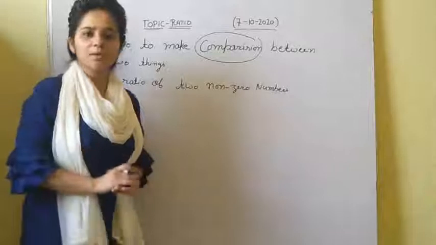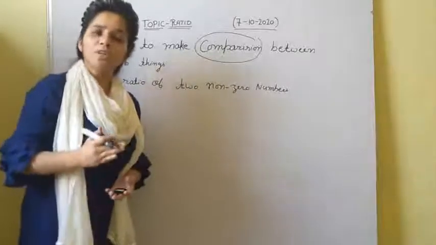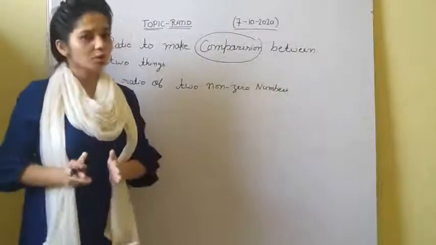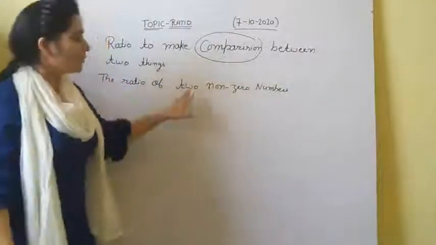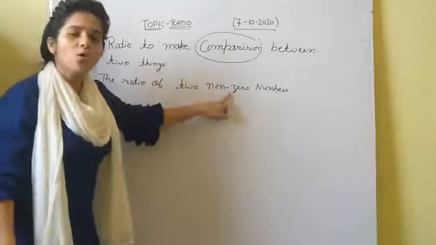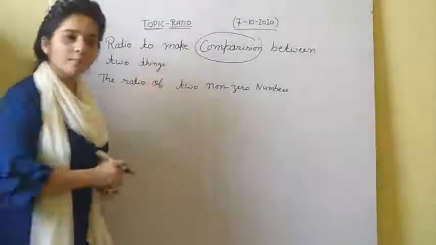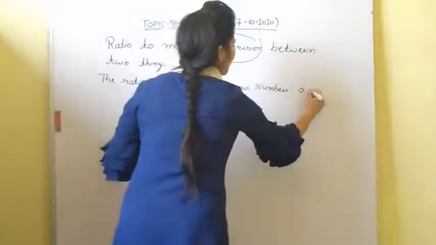Non-zero numbers means the numbers which are not equal to zero. The ratio of two non-zero numbers A and B